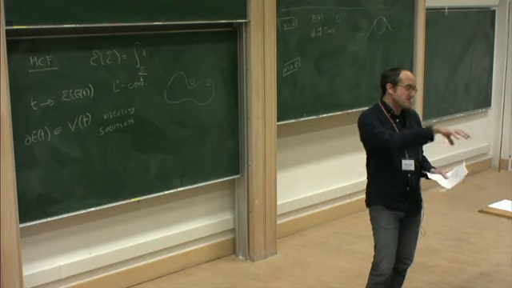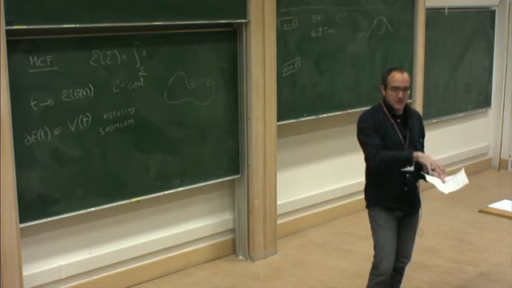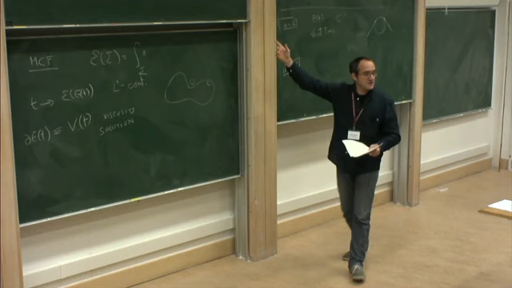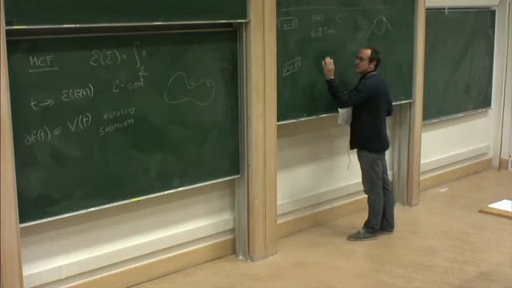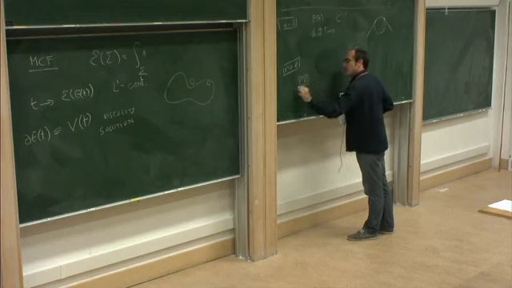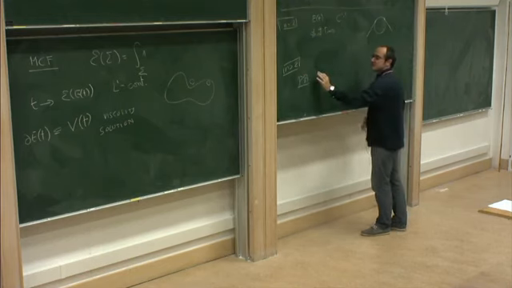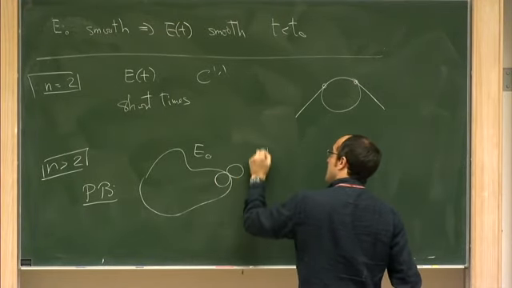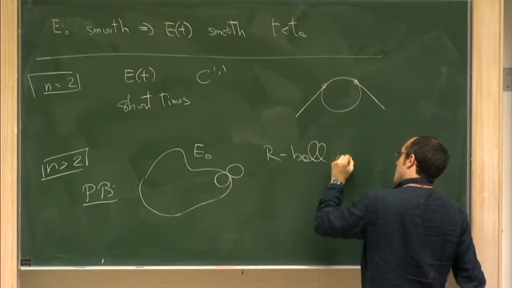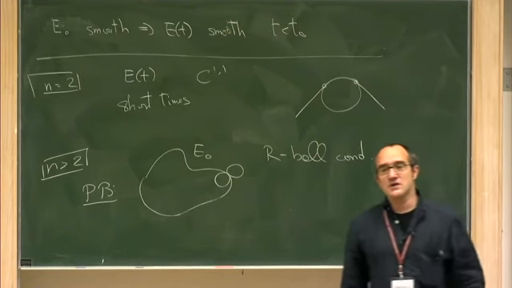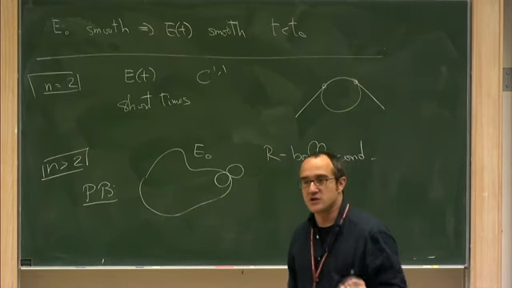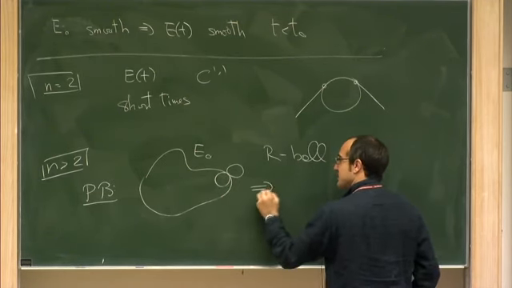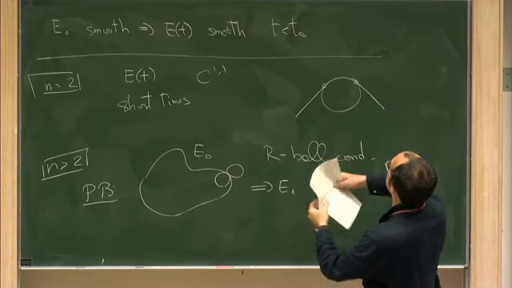So I can put a ball inside and a ball outside, and I have to control the radius of these balls, and this will be a way to control the C11 regularity of my minimizer. And so the regularity issue is the following, and we don't know, it's just a problem formulated in this case. If it's true that if E0 satisfies an R ball condition, where by R ball condition I mean that at each point I can put two tangent balls, one outside, one inside with radius R, then E1, a minimizer of my problem up there,